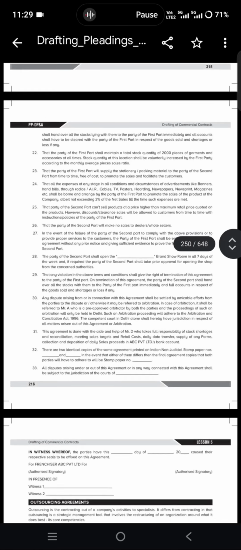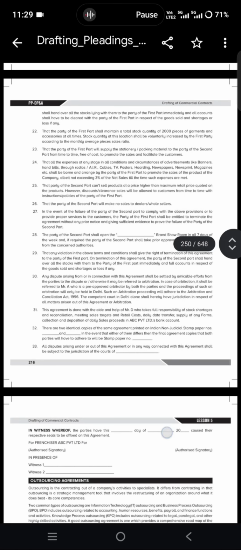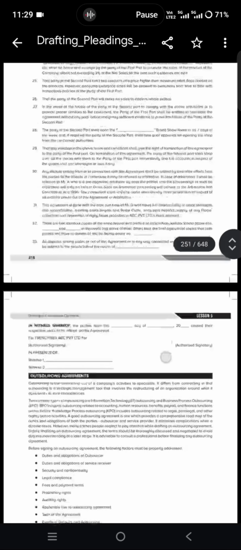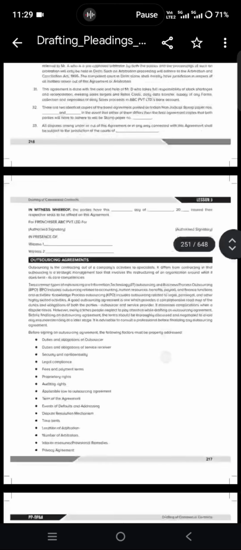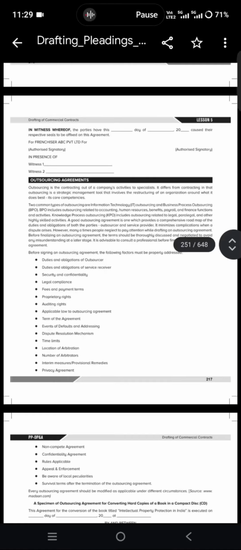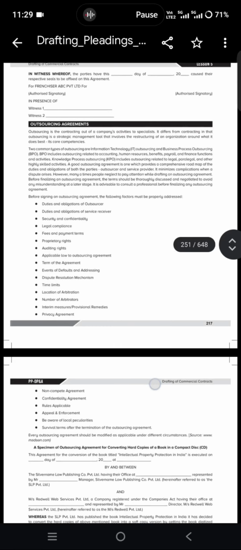And both parties cannot disclose the information, and the parties reserve the right to disclose information only at their own discretion. And the provisions of this agreement shall survive and continue after expiration or termination of this agreement for a period of 5 years from the date of expiration. Each party warrants that it has authority to enter into the agreement. More than enough. And in witness whereof, the formal part is over.